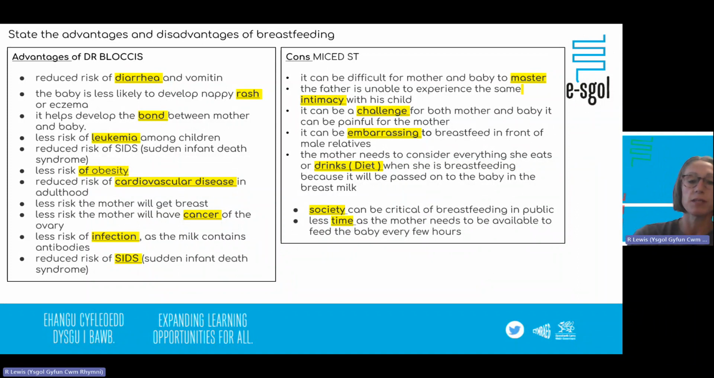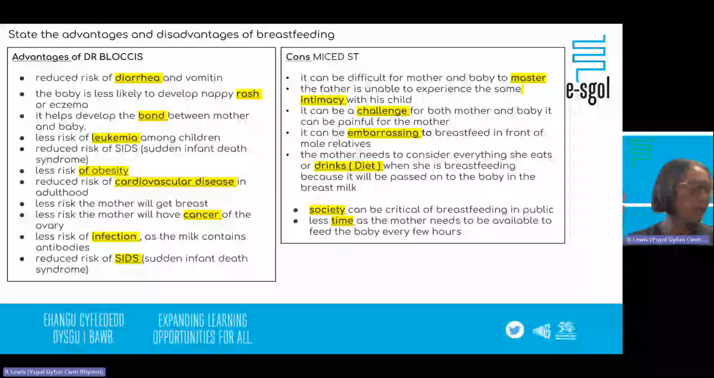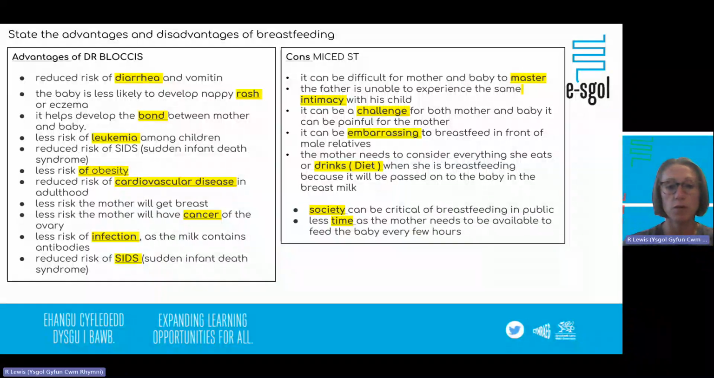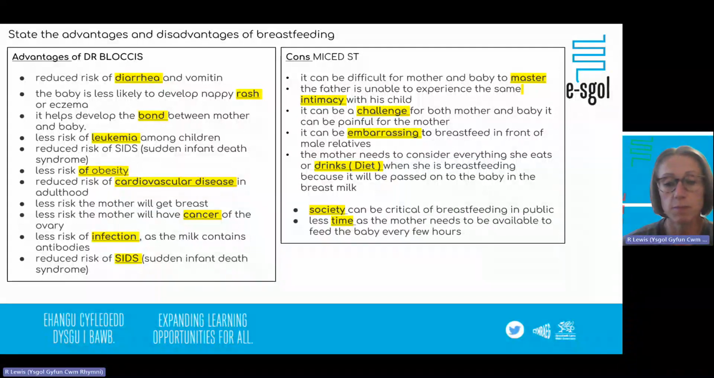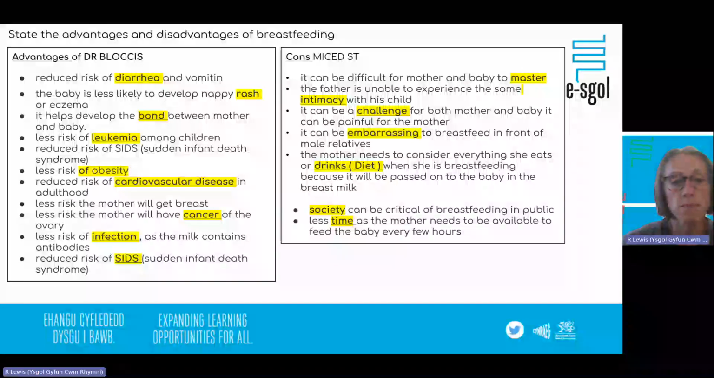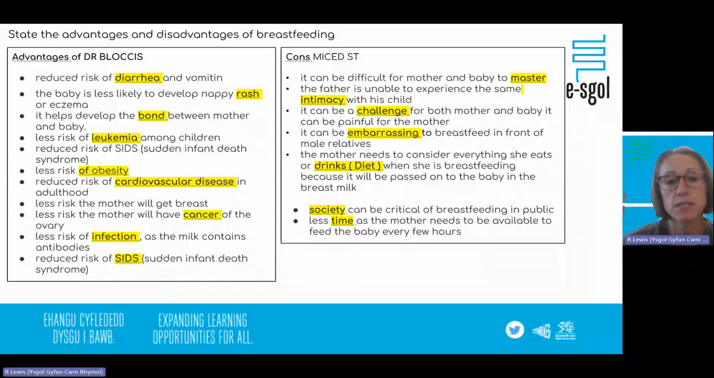Unfortunately, we have to look at the disadvantages of breastfeeding, and here I have the code of MICE Street. It can be difficult for mum and baby to master the technique of breastfeeding. Your baby may have problems with latching, and mum may not be producing enough milk. The father is unable to experience the same intimacy with the child, as obviously the mum has greater responsibility of